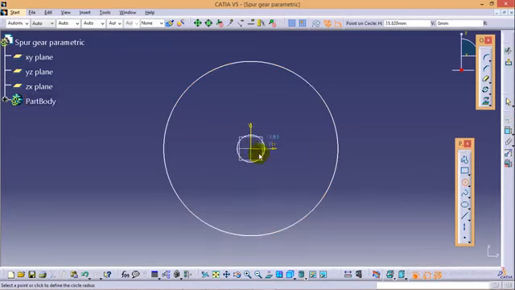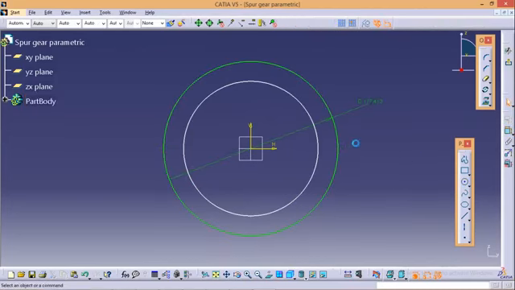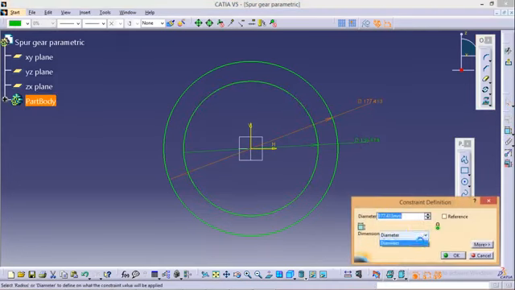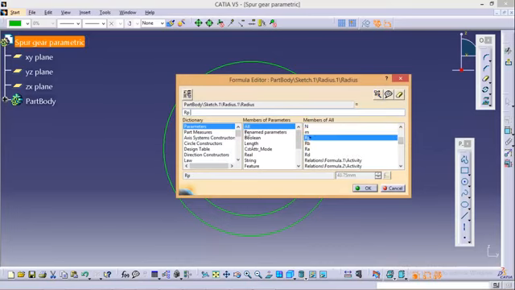Select the circle command over here and quickly draw two circles. Just give dimensions to these circles. Now we'll apply our parameter rp to this pitch circle's radius.